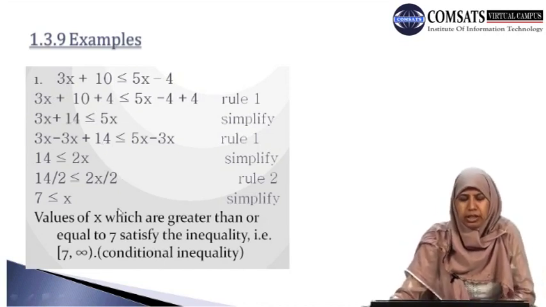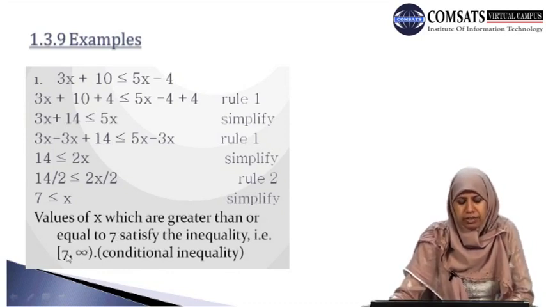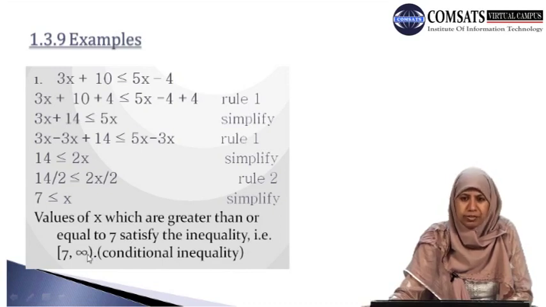And if we want to write our solution set in the form of an interval, we write it as 7 comma infinity, that is, on the right-hand side we are going up to no limit, and whenever we write infinity we always use our round bracket, that is, we do not include infinity. And from the inequality we can see that this is a non-strict inequality, that is, 7 is less than or equal to x. So on the left side we will use our square bracket.